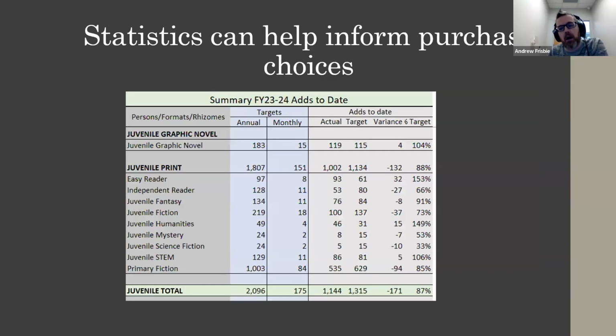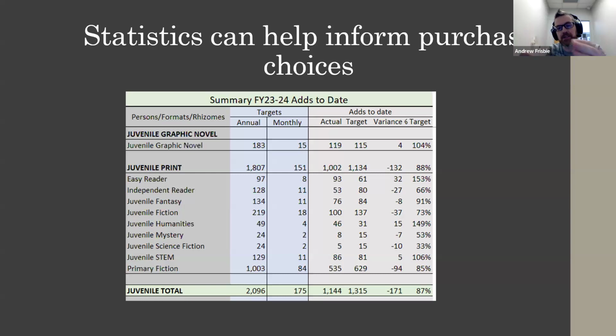Again, I know we're going to talk about stats down the line a little bit, but we have a statistical model that we've been using basically since I started 8 years ago, where we run multiple reports a month that get funneled into this. This mid-month report has the circulation status of every item in the collection, and then monthly circulation stats have renewals separated out.